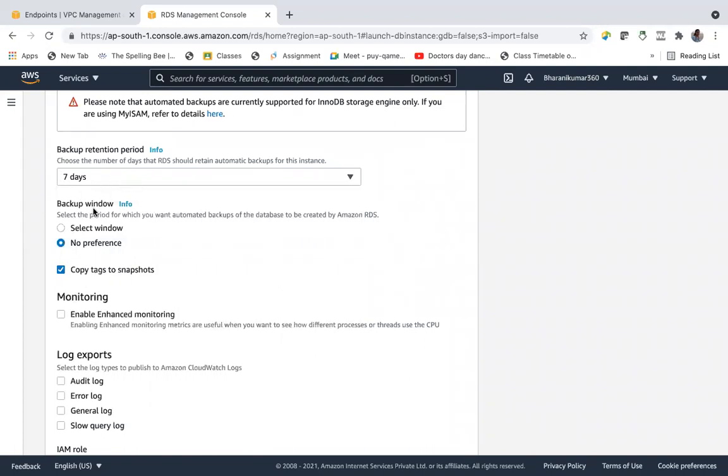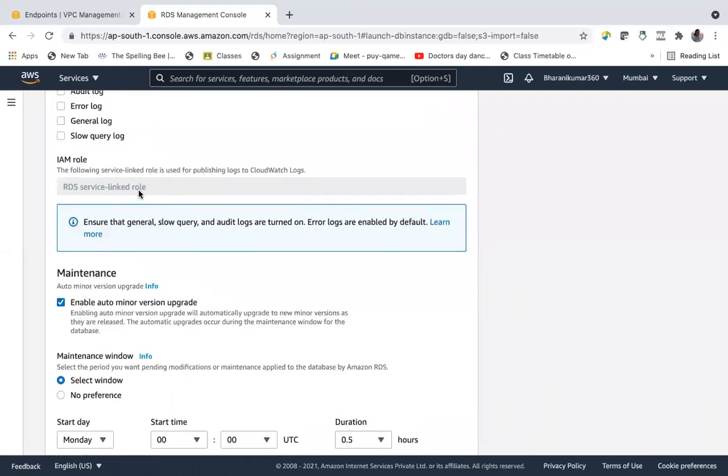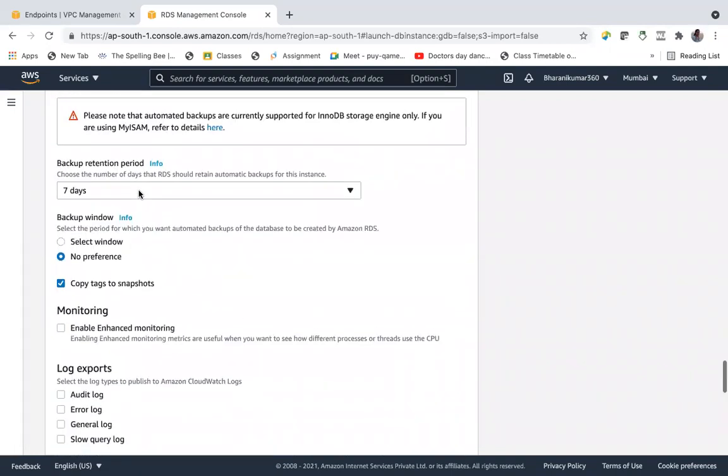The maintenance window and the backup window are different. Maintenance is maintaining your database, and here is the backup window: at what time you want AWS to take a backup. They'll ask you to select the window, but it's not that AWS takes backup only at that time. There is something called point in time restore available; we will talk about it later.